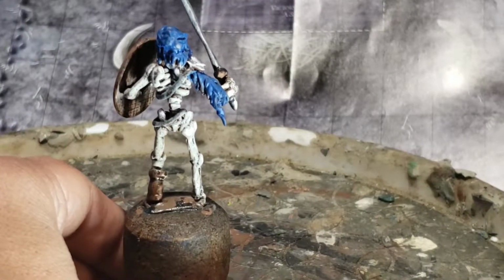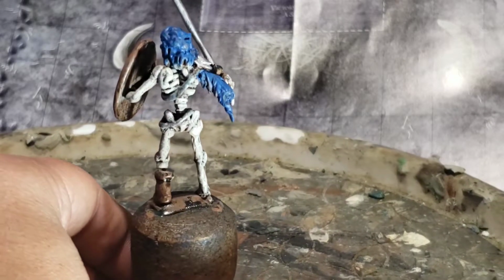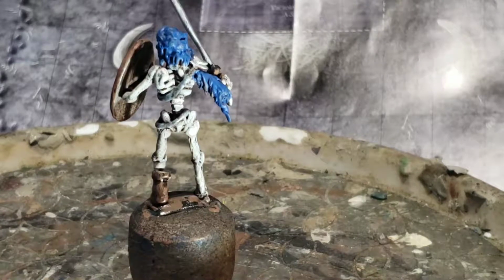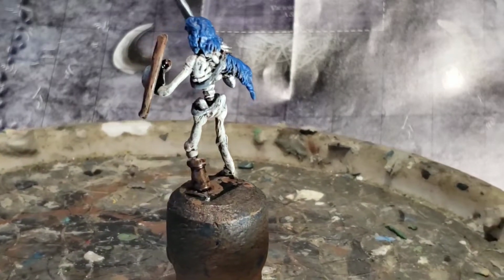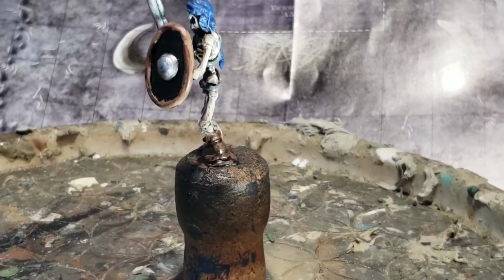And I'm working on that rag. I'm going to give it a blue tone. I'm going to give it an ink wash and then highlight the rag so that all those details pop out. I got some of the silver in